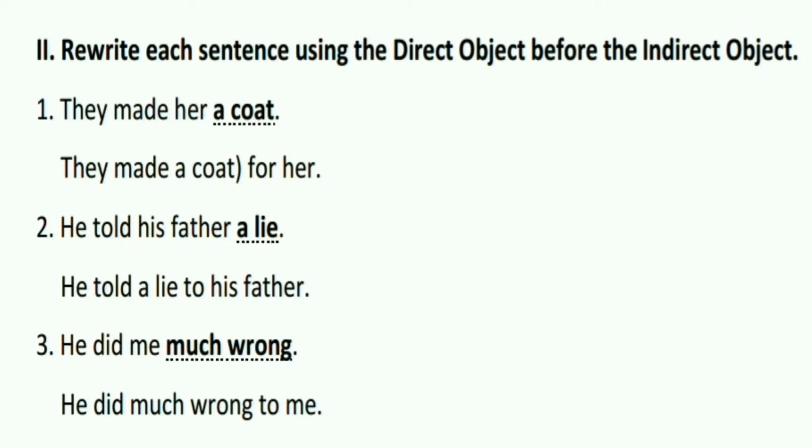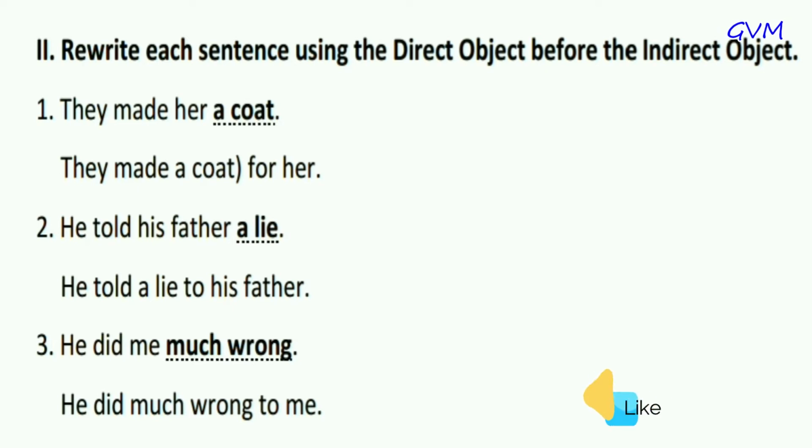In basic pattern 6 subject plus verb plus indirect object plus direct object. But some important notes: the indirect object comes first. We can put the direct object first, but in that case we have to use a suitable preposition, to, for, from and so on, before the indirect object. So let's start this one.